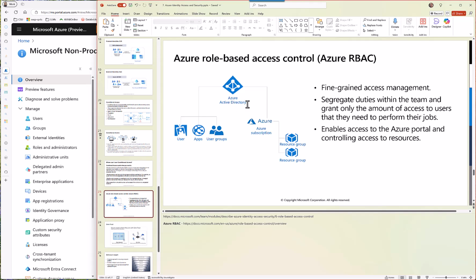based on Entra ID. So you can give access at a subscription level, at a resource group level and at resource level. And you can give very, very fine grained permissions, right, based on identities and applications and whatnot, right, in this one.